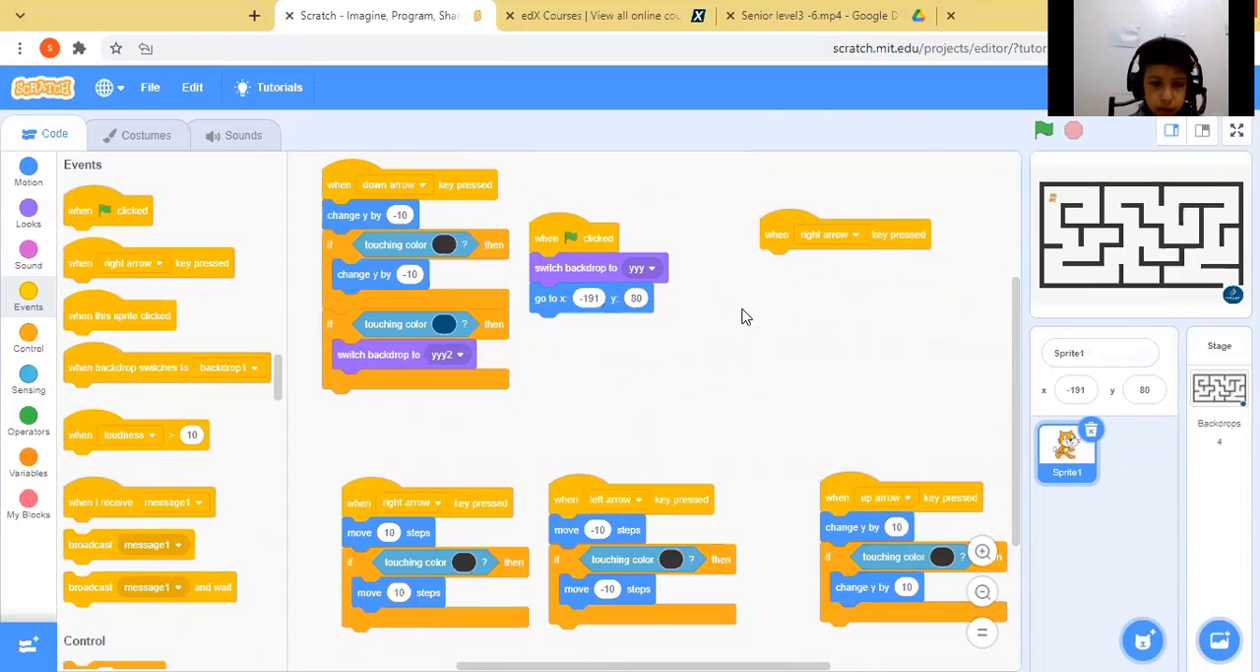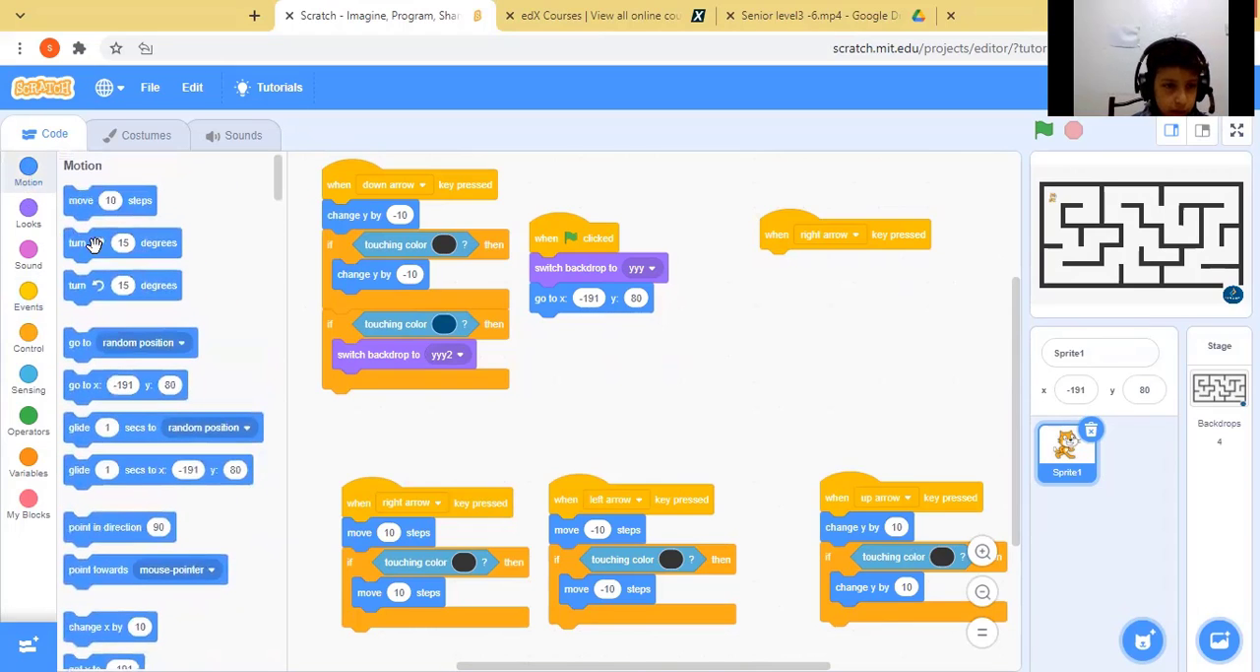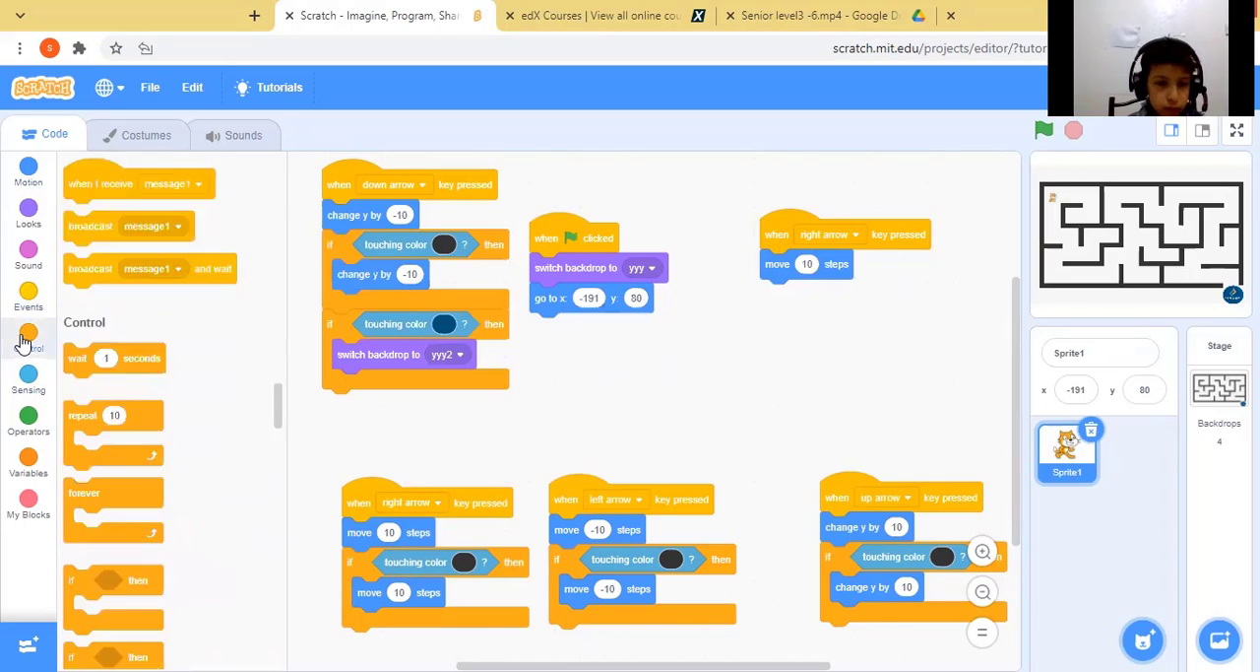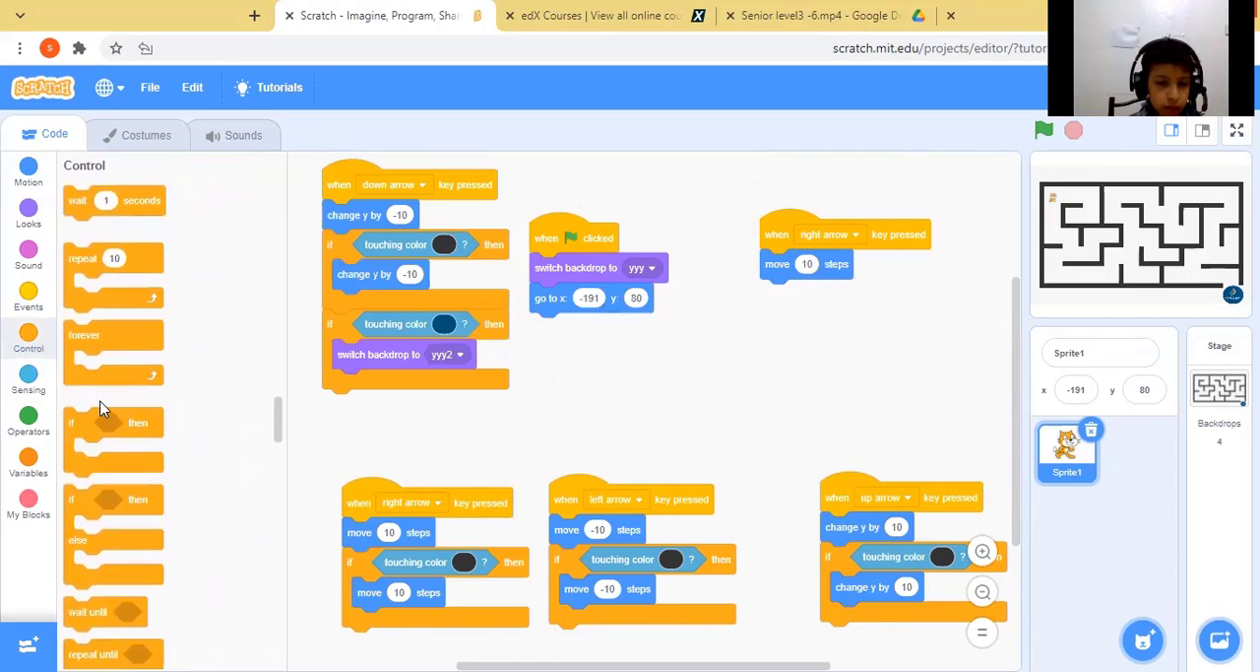After that, we will take from the first block this, move 10 steps, and put it here. After that, we will take from Control the if block. In Scratch, if means